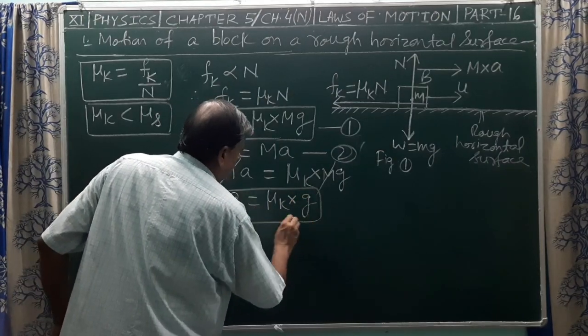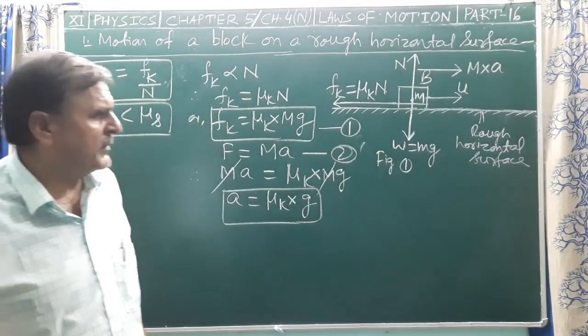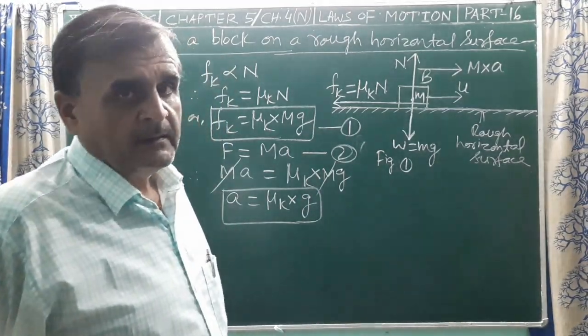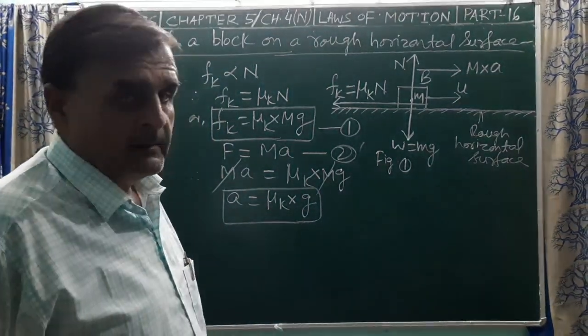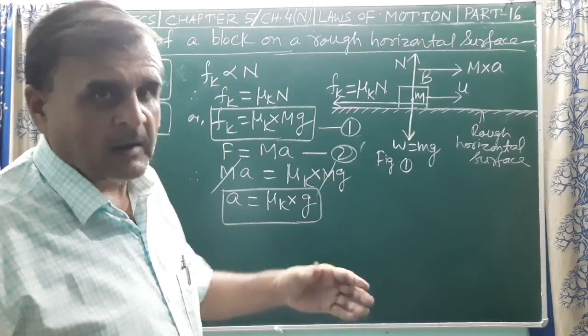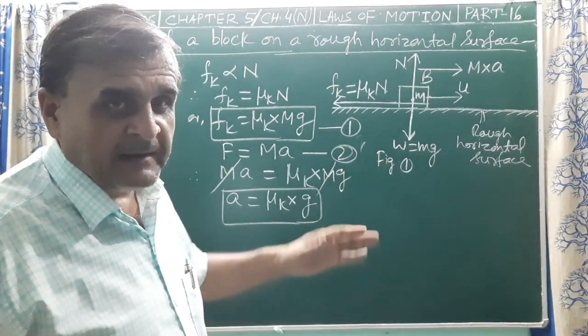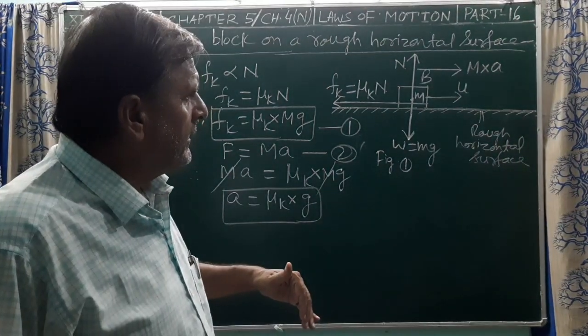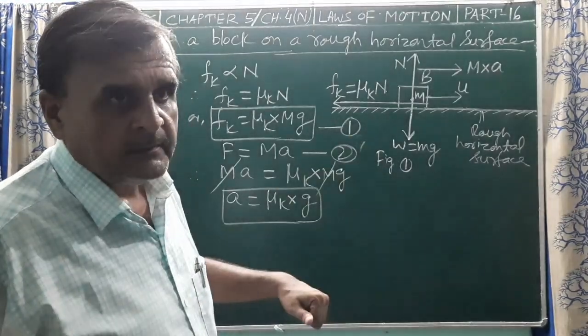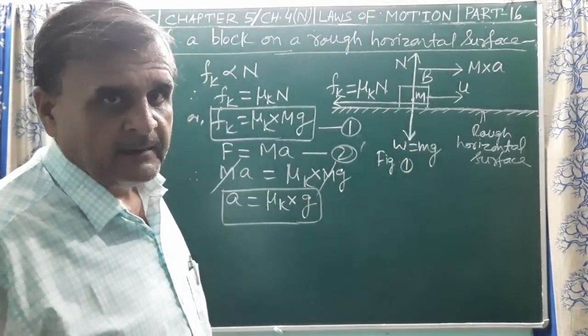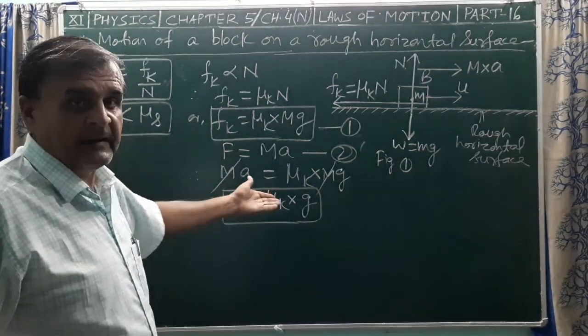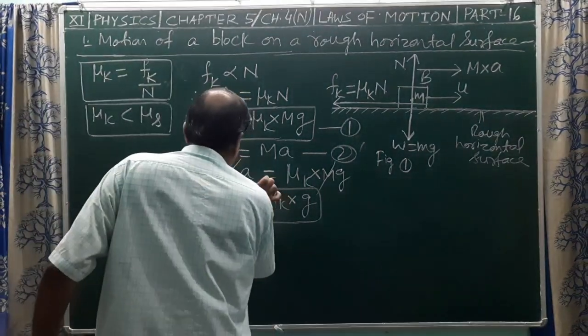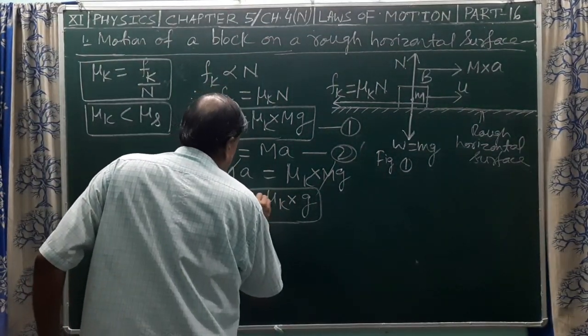What if the friction is sufficient, that is, the rough horizontal surface is more rough? Then friction is sufficient to stop the block after covering some distance. Therefore, in place of acceleration, there will be retardation of the block. So we can take a minus sign to indicate